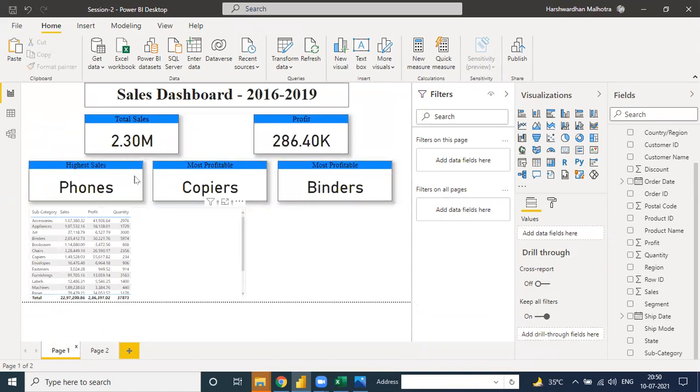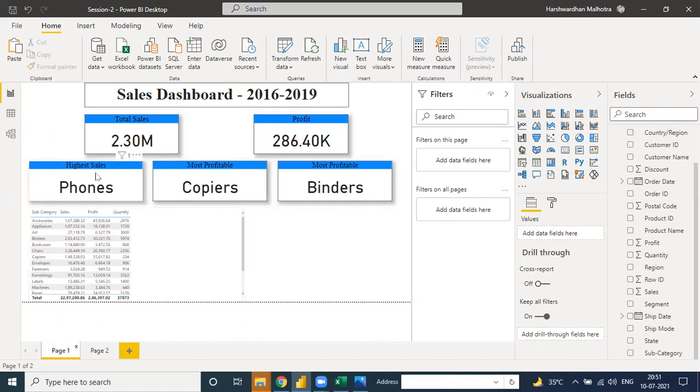So why we need these instead of this? Because sometimes your manager asks, tell me the highest number of sales as per category. So you can simply answer with the phones. Highest number of profitable category, which is copier. Highest number of quantity sold for which category is binder. So you don't need to make a table or make a classification like sales, profit, or quantity.